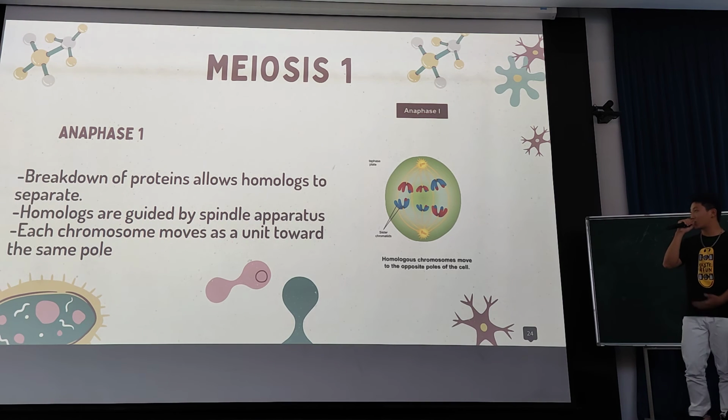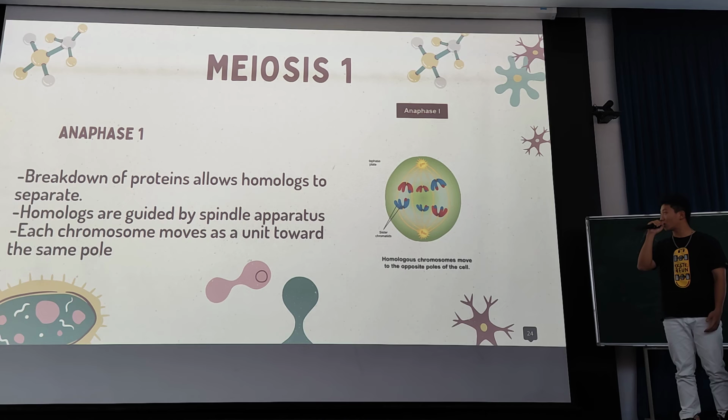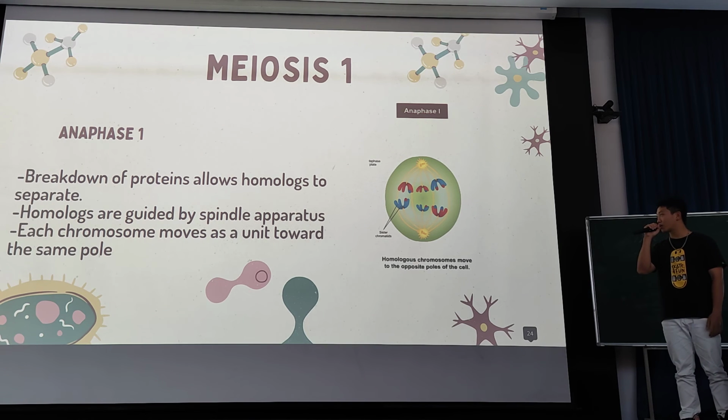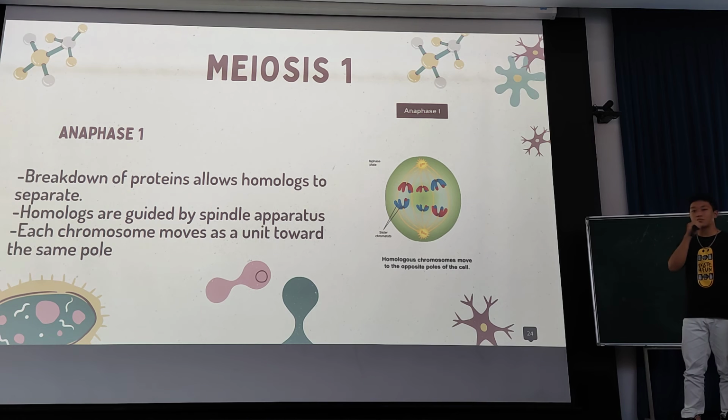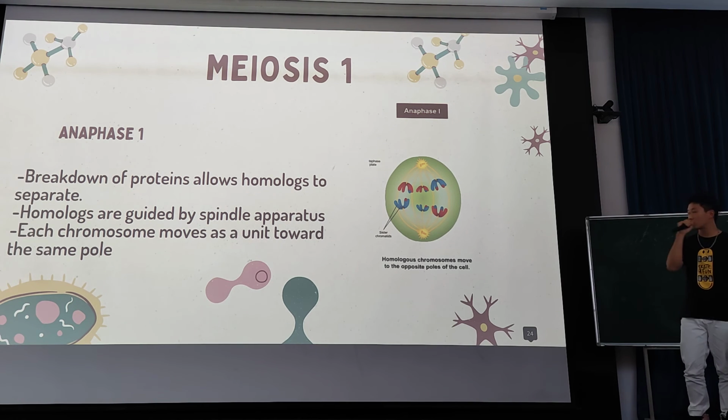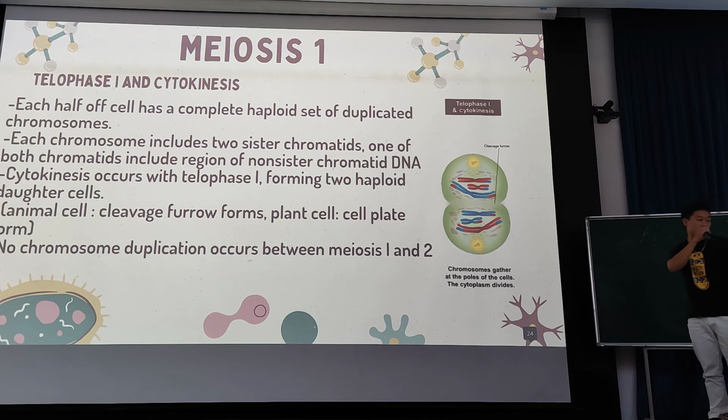In anaphase 1, the breakdown of protein allows homologs to separate, and homologs are guided by a spindle apparatus. Each chromosome moves as a unit toward the same pole. Telophase 1 and